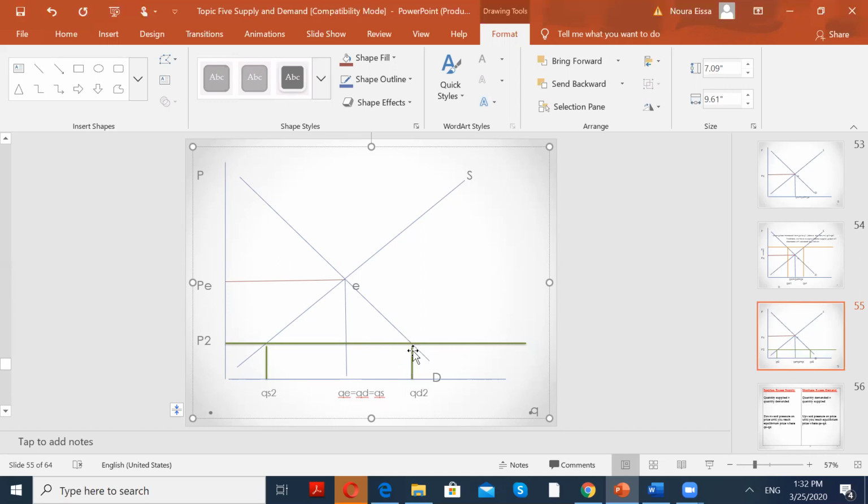Type هنا, which is bigger? This point right here, quantity demanded or quantity supplied? Quantity demanded is bigger than quantity supplied. Quantity demanded is larger than